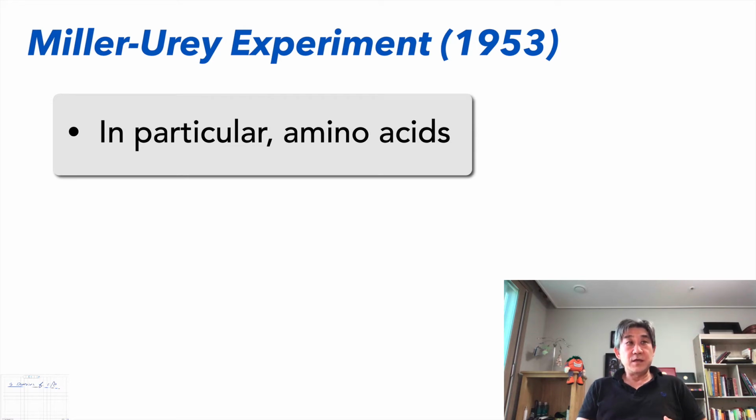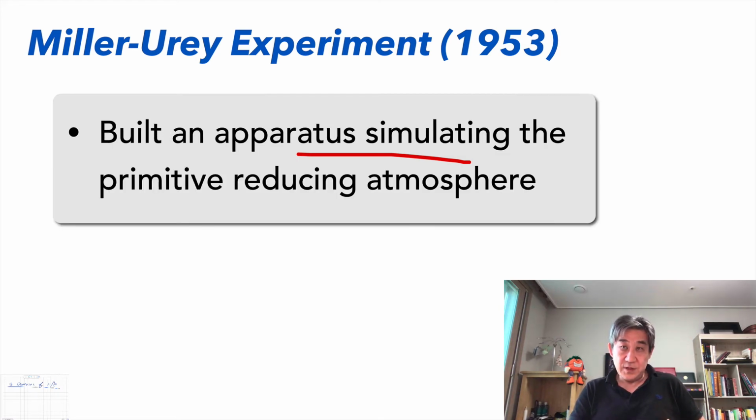Especially, he was interested in whether that experiment could generate spontaneously these amino acids, because amino acids are the building blocks of proteins, and obviously, as I have explained already, the importance of proteins, why they can be regarded as such an important component in building living matter. One such case is enzymes, and so many other very important biological macromolecules are all provided by proteins. That's why.